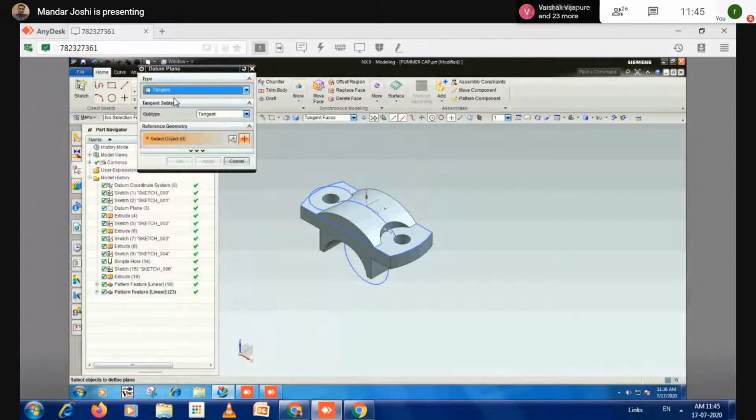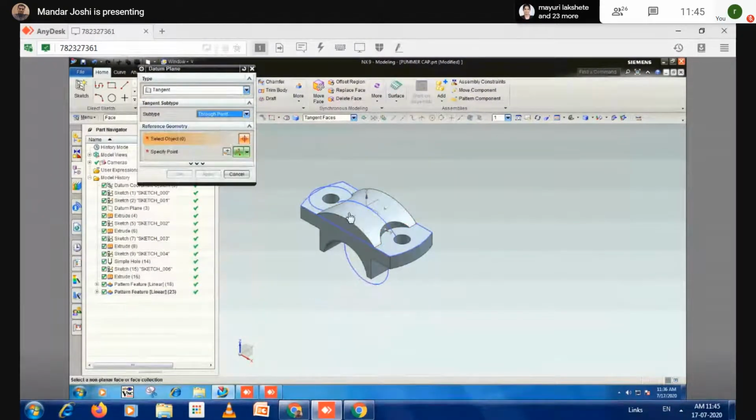Plane. Through point. Subtype you have to take through point. So select the point here.